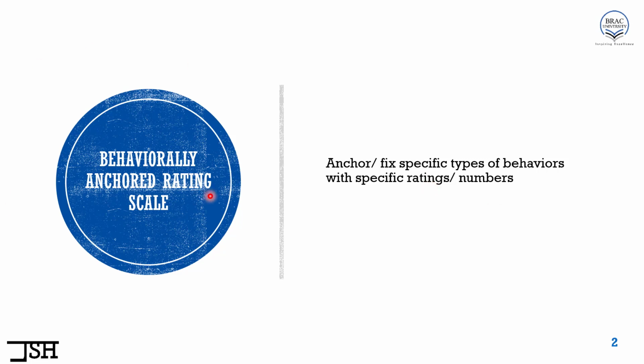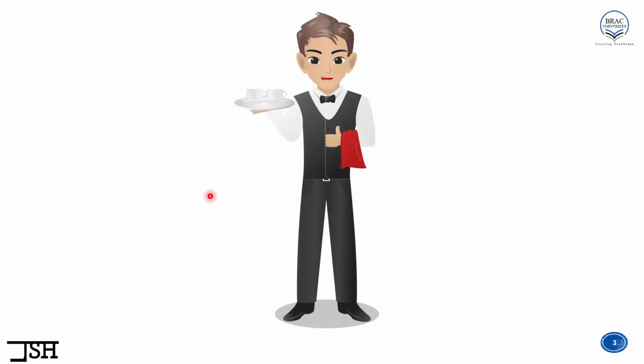For this method, let's assume we are going to analyze the performance of a server in a restaurant. In analyzing that performance, we are going to use the behaviorally anchored rating scale method. Now, in order to use this method, there are two steps. The first step starts at the beginning of the year or at the beginning of the performance appraisal period, even before the employees start working for that specific year. And the second step takes place throughout the year, once the employees have started working